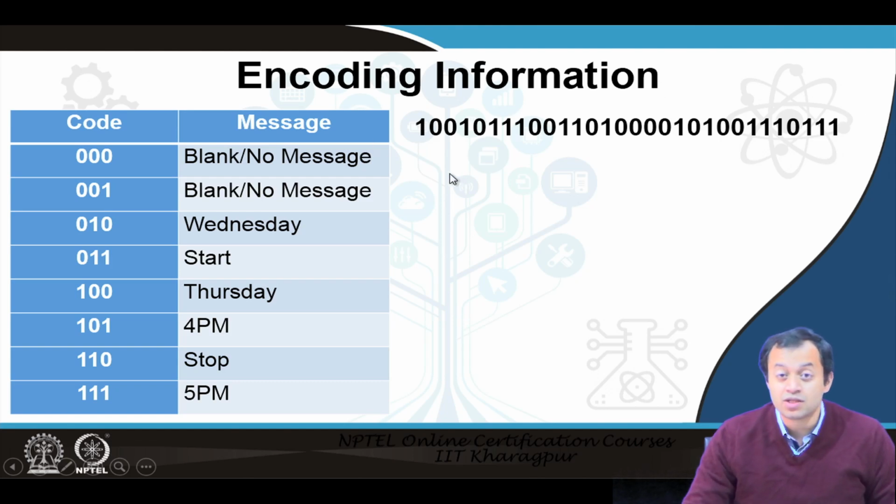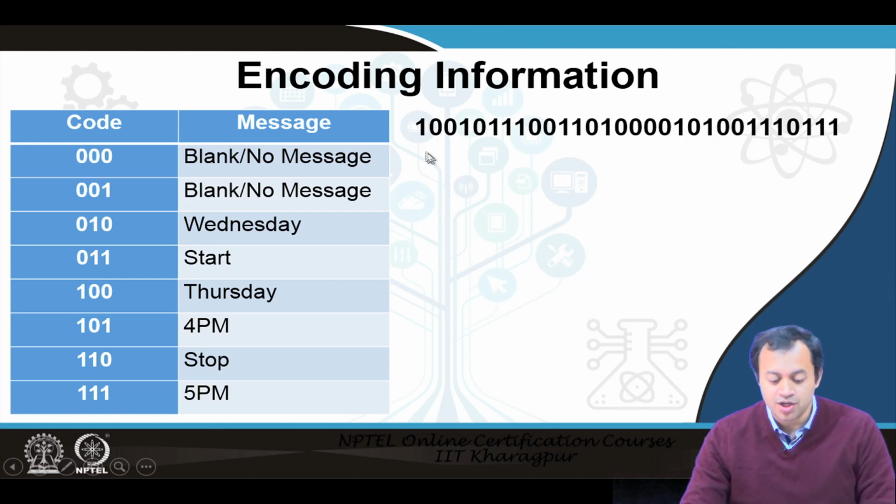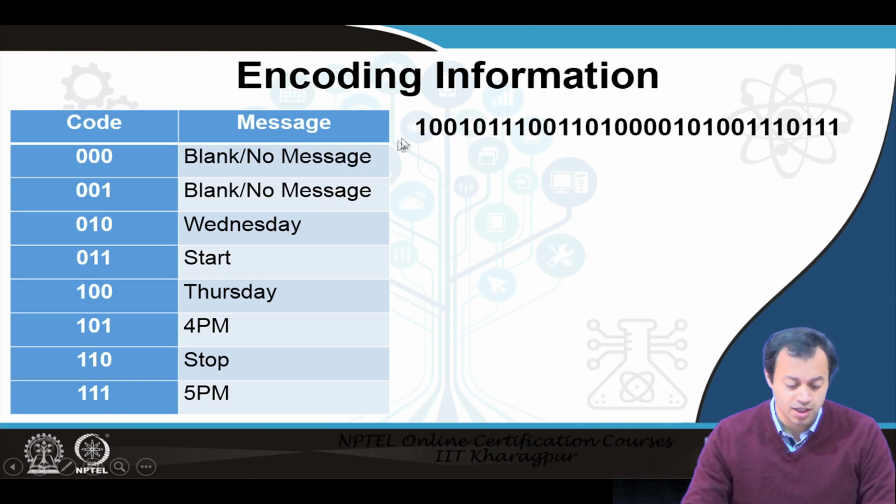Now, the spy has to decipher one triplet at a time what the message is, if at all present in this stream. Okay? So, the very first thing he needs to do is to look for the start bit. Does 100 consist of the start bit? Well, no. So, it is an invalid bit irrespective of whatever message is encoded. If it is not the start bit, it will not be valid.